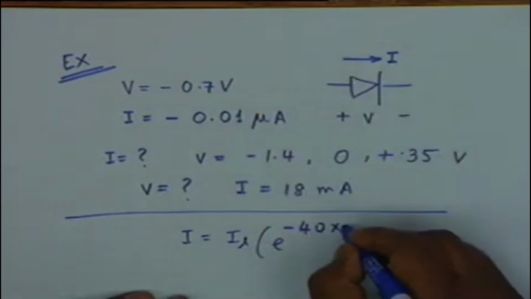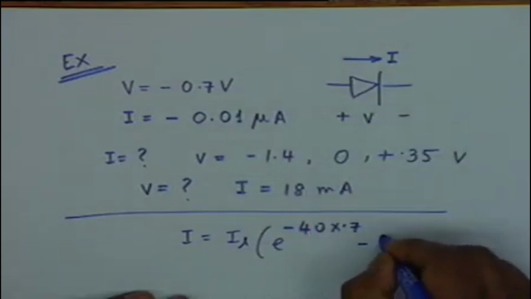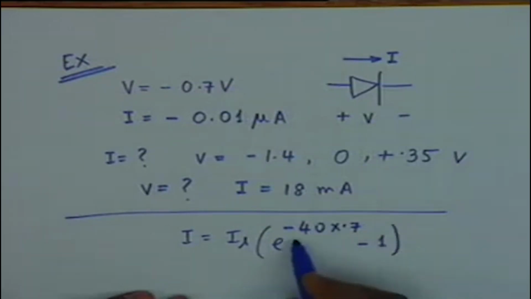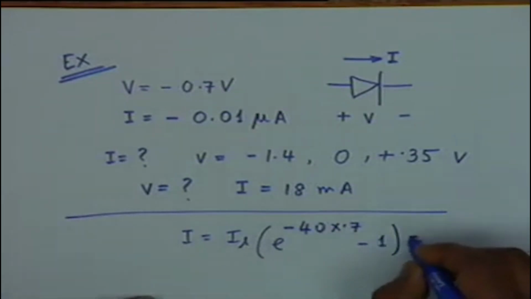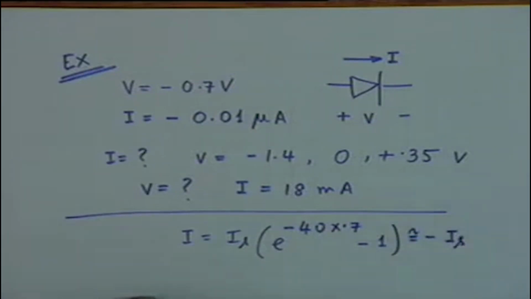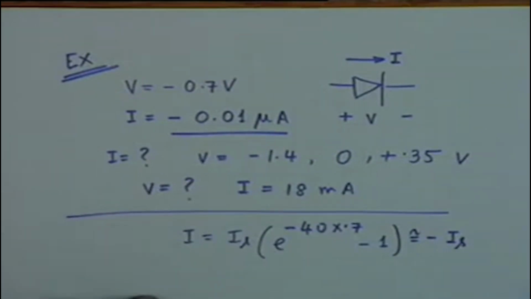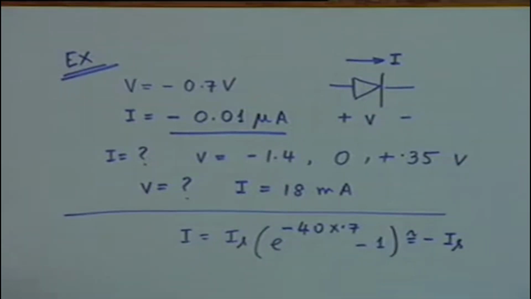Because the voltage is negative, minus 40 times 0.7 minus 1, you see this becomes e to the power minus 28, and e to the minus 28 can be ignored, and therefore this is approximately equal to minus Is, which means that this current 0.01 microampere is the value of the reverse saturation current, and therefore our equation becomes